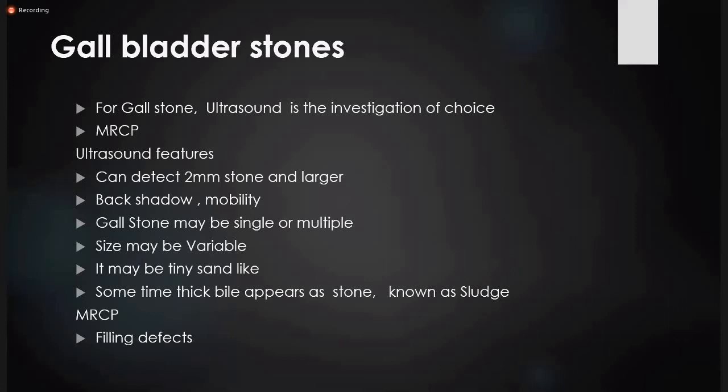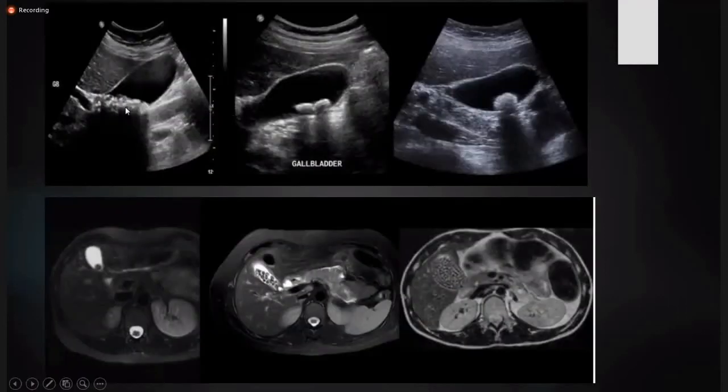On ultrasound, they can be of variable sizes and have variable appearances. On MRCP, they are usually seen as filling defects. The first three images are of the ultrasound. You can see there are multiple types of gallbladder stones. They can be tiny, they can be single, they can be two, but what you see is black shadowing behind the stone. This is typical for ultrasound, and this is how ultrasound diagnoses a gallbladder stone. Ultrasound can pick up radio-opaque and radiolucent calculi, so ultrasound is the best modality for gallstones.